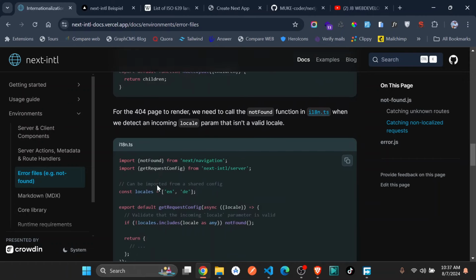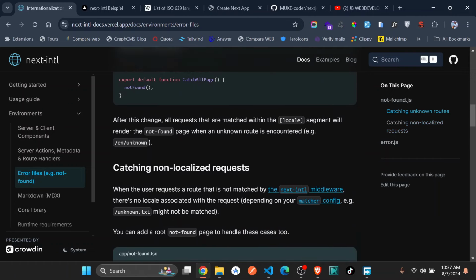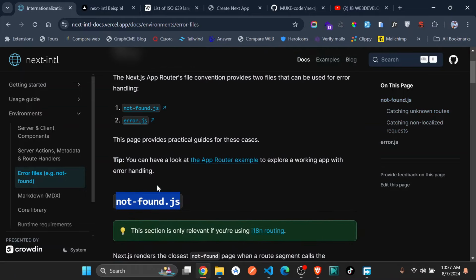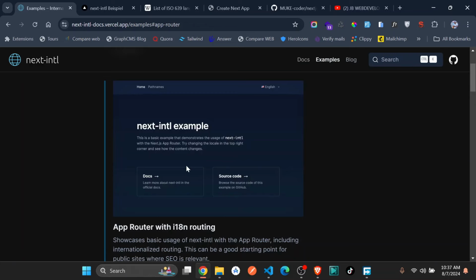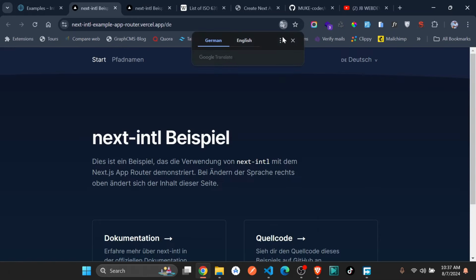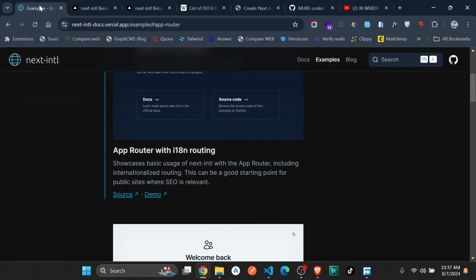I just want to see something. So the one thing I'm just going to use here is their example. So if you just go here, they say tip, you can have a look at the router example. If you click on this, they have also this router example demo. Okay, this is the one we saw, and they also have this on change. So I would want to know how they handle this. So the easiest way to do that is going to the source code,